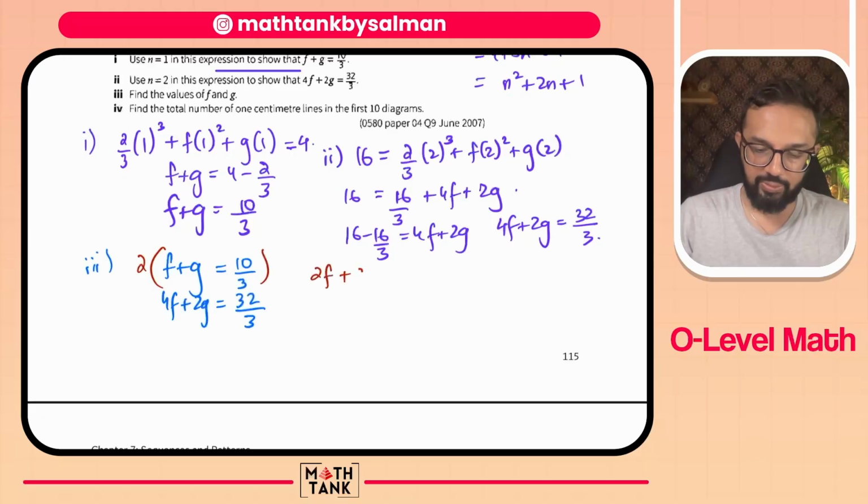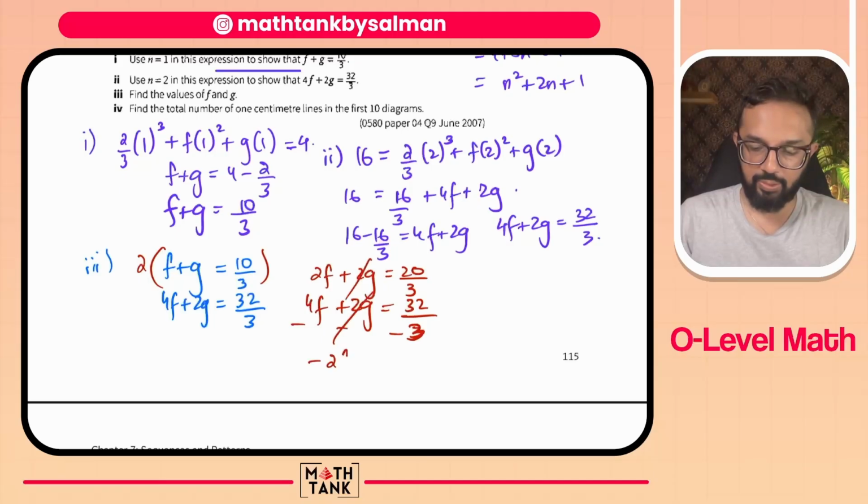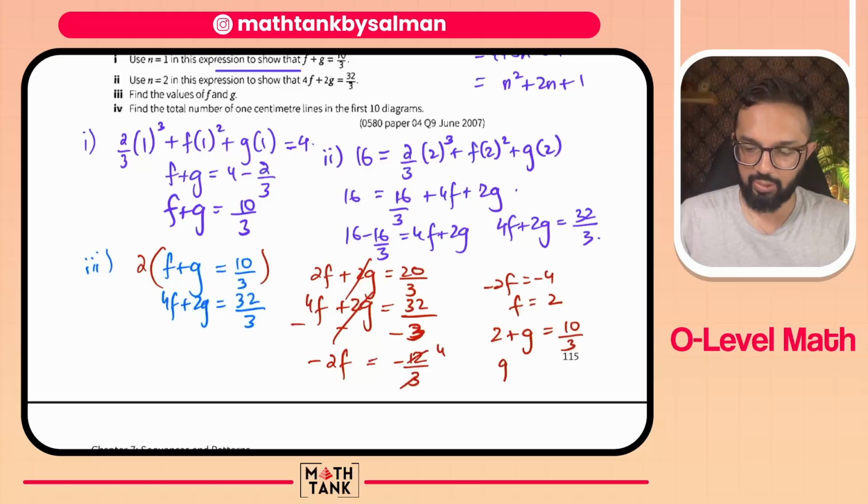That's 2f plus 2g equals 20 over 3, and 4f plus 2g equals 32 over 3. So minus, minus, minus, this cancels out, minus 2f. What's 20 minus 32? That's minus 12 over 3. So minus 2f equals minus 4, so f equals 2. When f equals 2, that's 2 plus g equals 10 over 3. So g equals 10 over 3 minus 2. G is then equal to